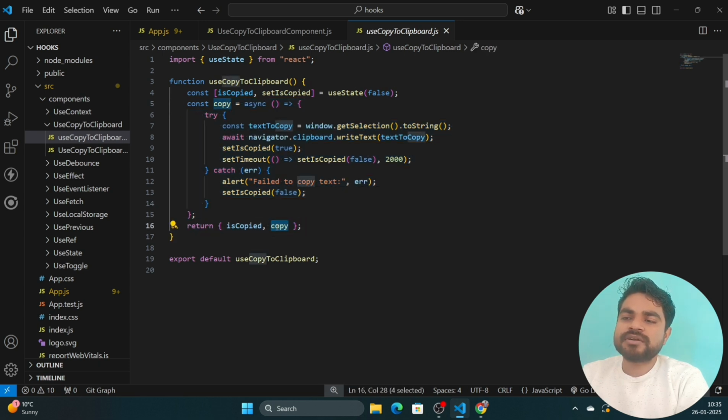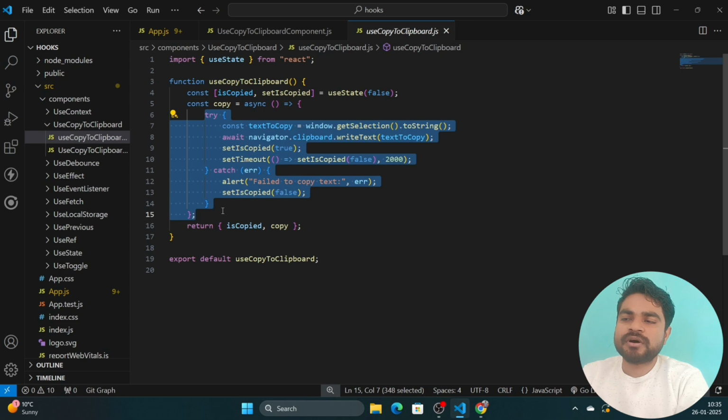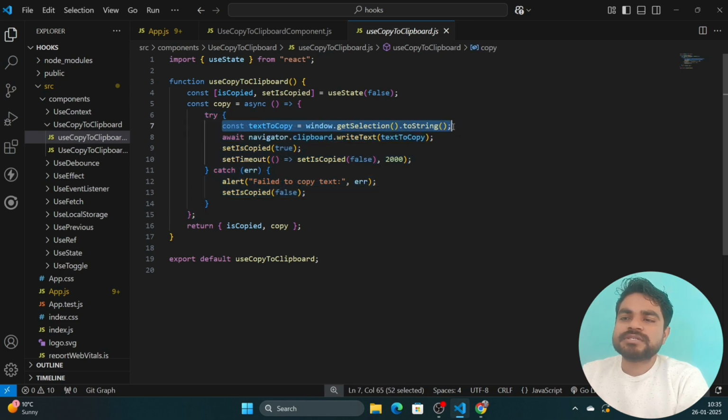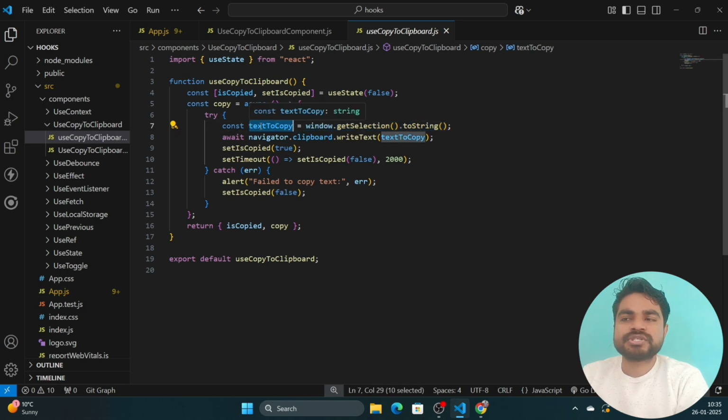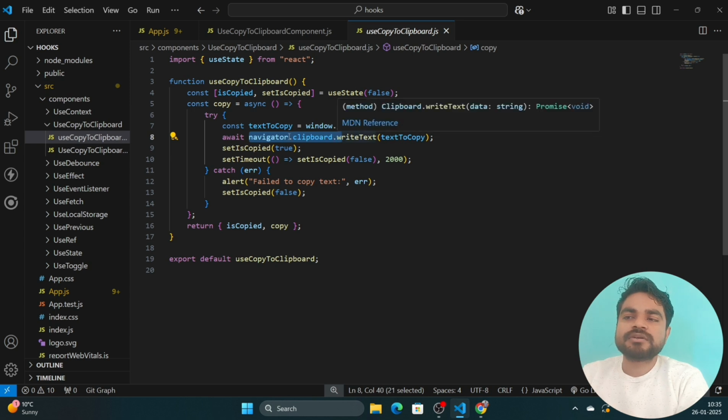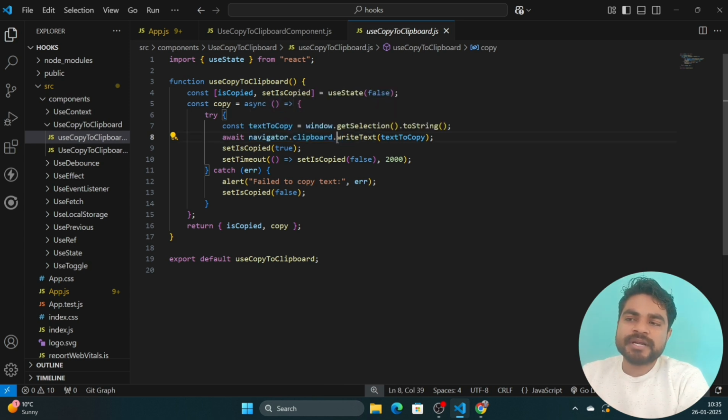Using that copy function, the user can call this method, and inside it we write this line: window.getSelection. Once the user selects any text in the browser, this method gets that selected text, converts it to a string, and stores it in the variable textToCopy.